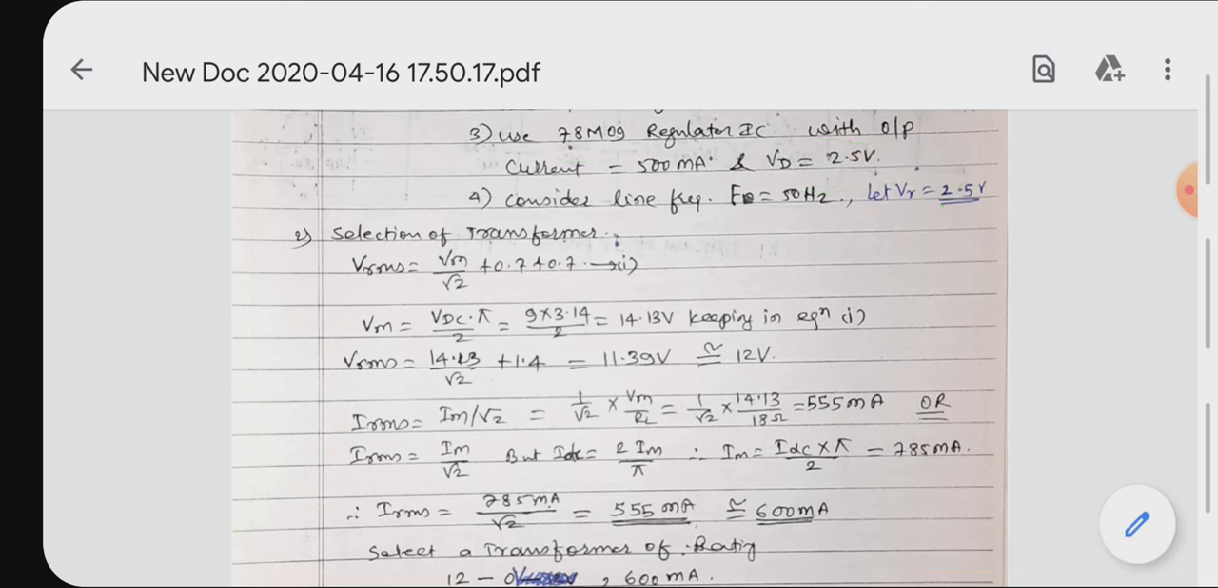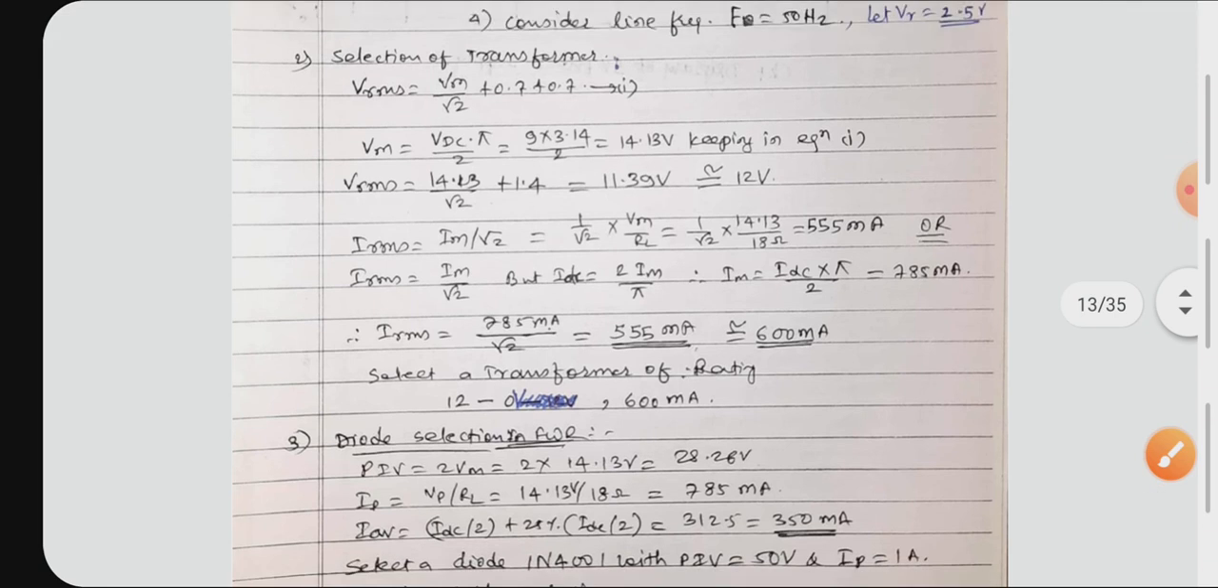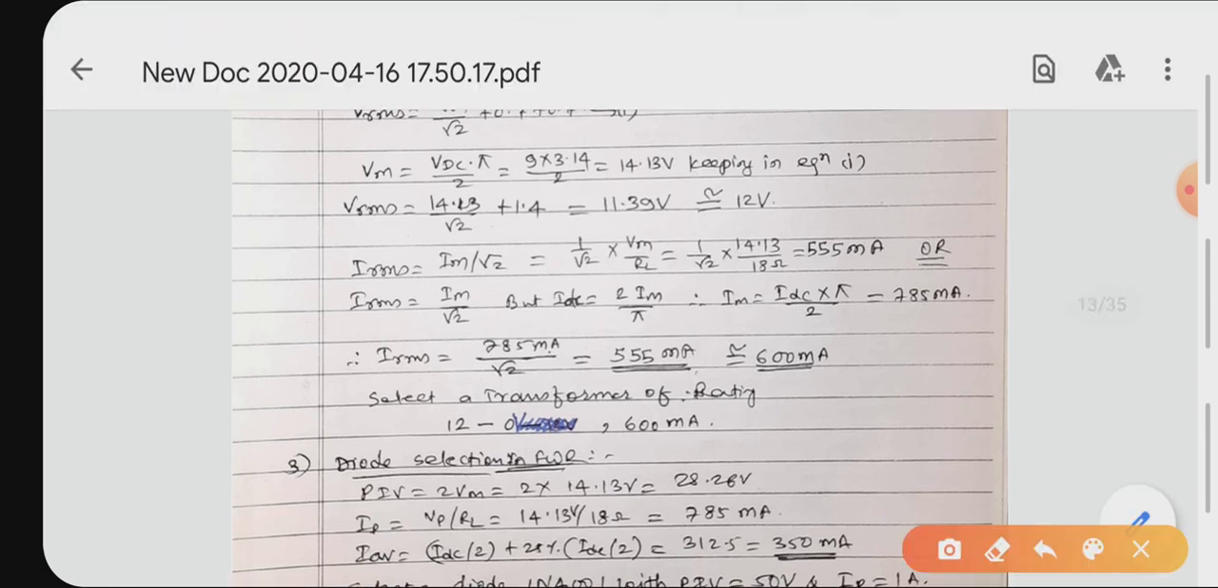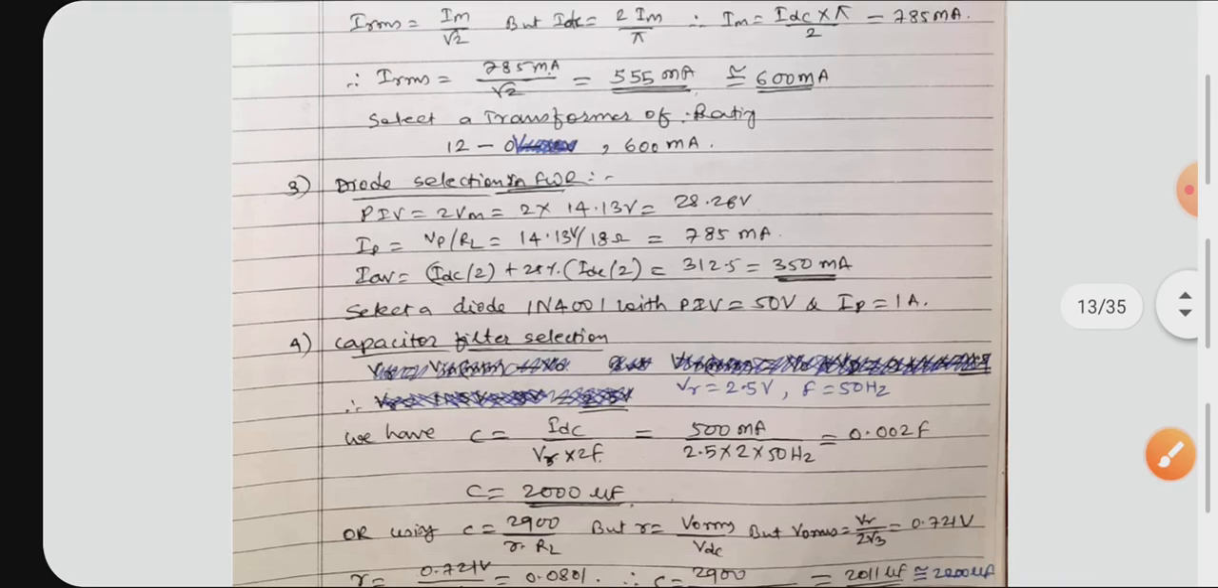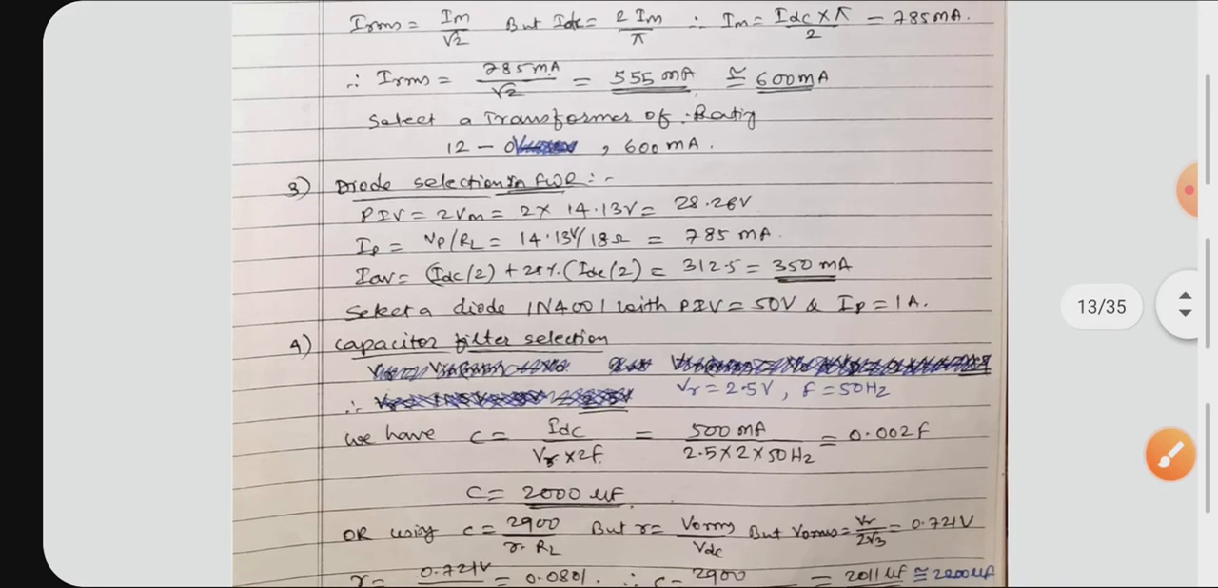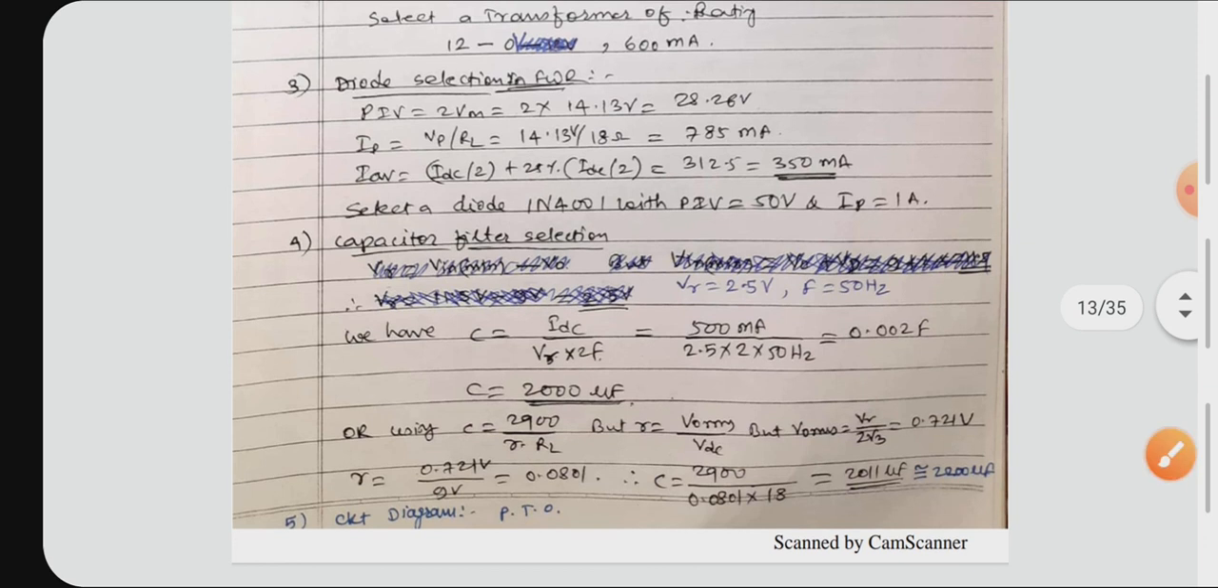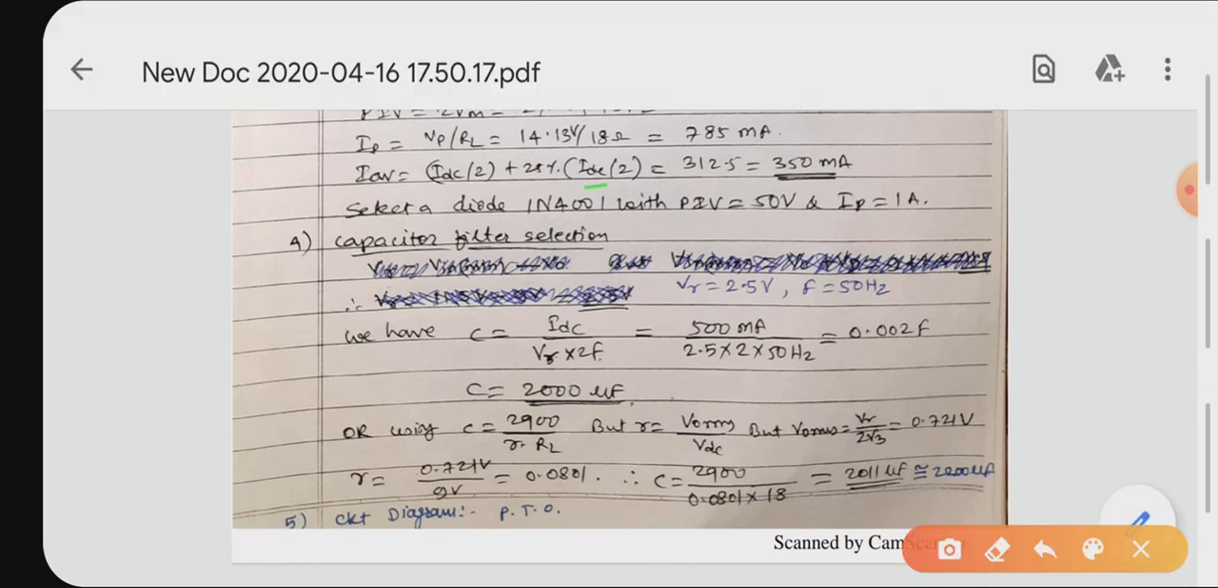So as usual, the first step is given, the second step is transformer selection. So you got transformer selection as 12-0, as it is a bridge rectifier, no center tap, 600 milliampere. Diode selection as usual, PIV rating you got 28.26, and based on that you got the diode as 1N4001, current rating 1 ampere, as the IP is under 1 ampere, 785 milliampere. Okay, then